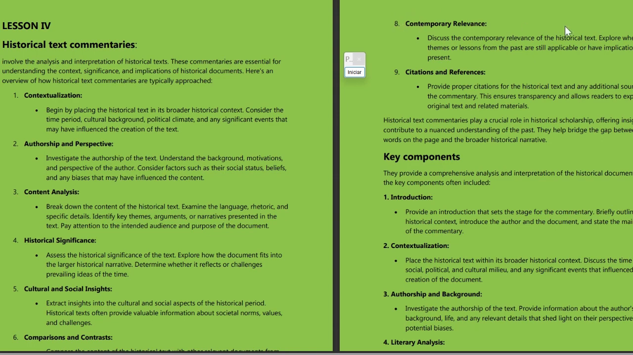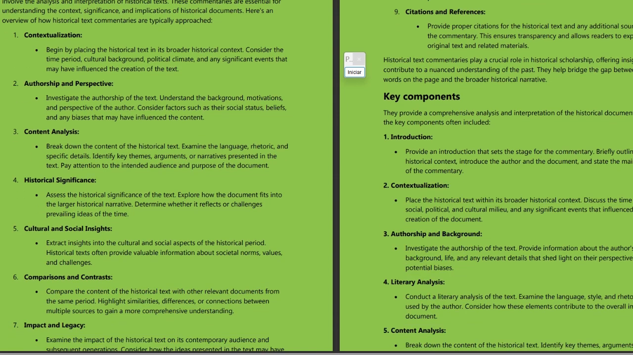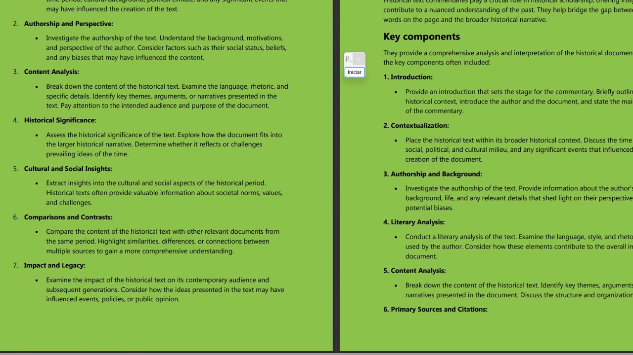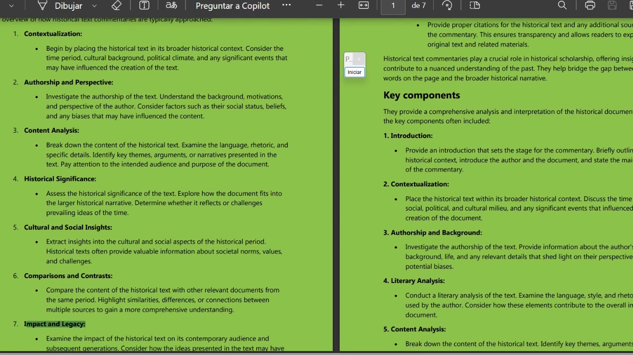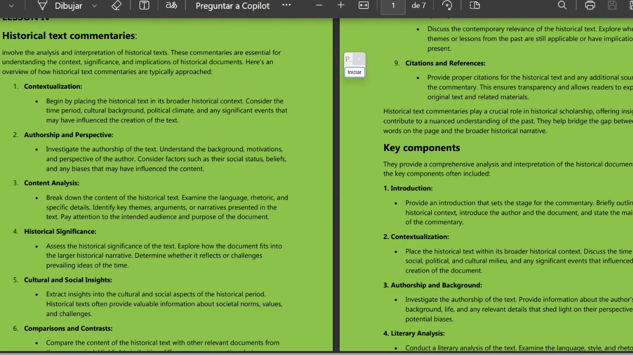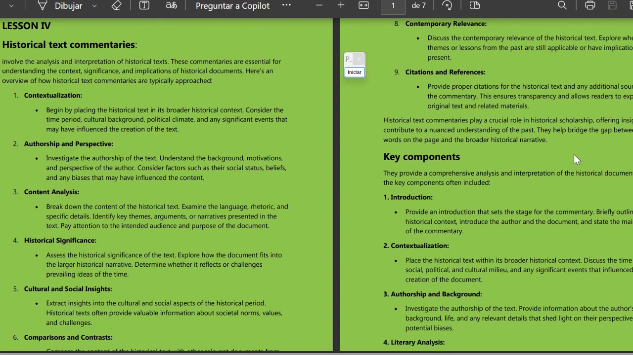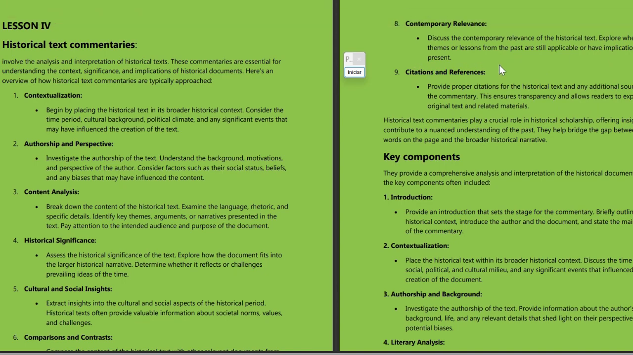So number eight, contemporary relevance. It's kind of part of impact and legacy, so they're kind of linked to each other. Anyway, we have to discuss the contemporary relevance of the historical text, exploring whether the themes or lessons from the past are still applicable or have implications for the present. As I said, right now,